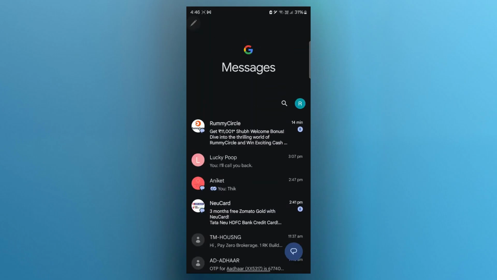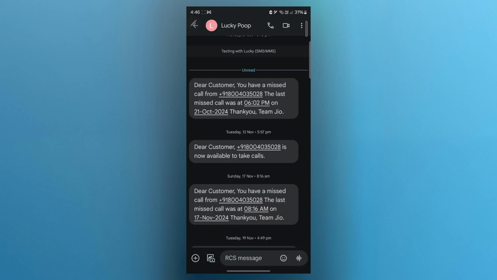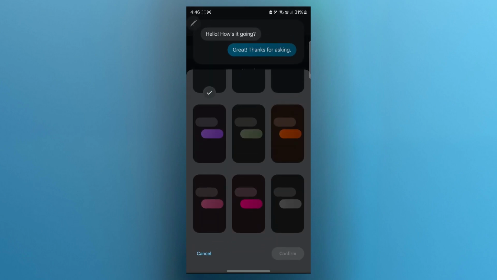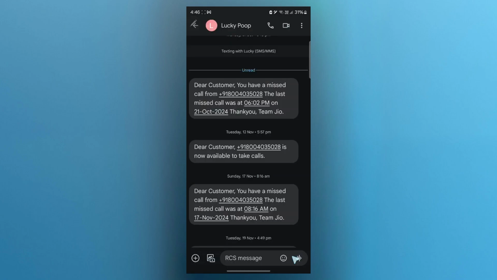I can do the same with other contacts. Simply click on the contact, click on the three-dotted icon at the top, click on change colors, scroll down, select any other color, click on confirm, and that specific message section will be changed to the color you chose. So that's a simple way to customize Google